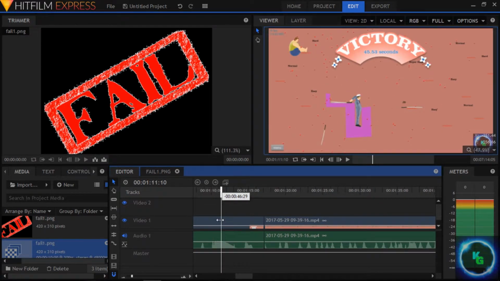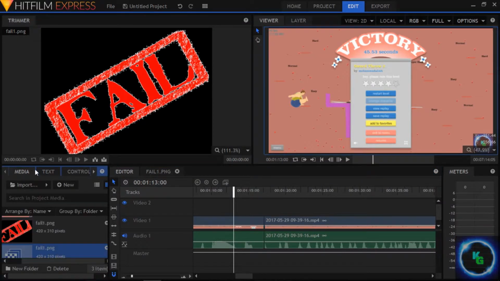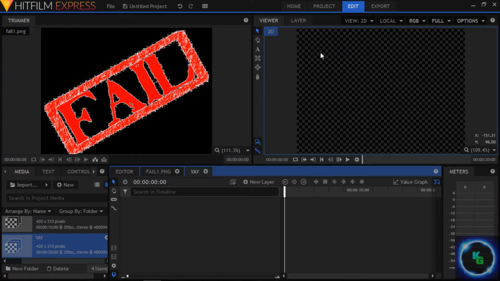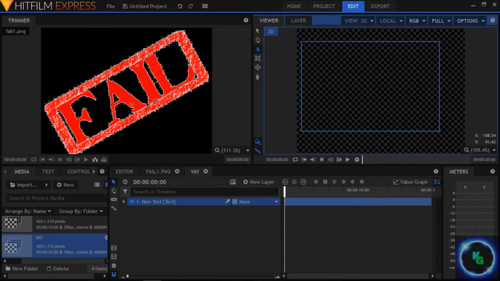I would not normally do this because it'll look bad, but what do you do here? You want to go back to your media, click on new composition shot, name this whatever you want. I'm going to name this Yay because that's what we're going to text. So it'll open up a new composition down here. Then you click this because it's the text. Click and drag, click inside it, and I'm going to do